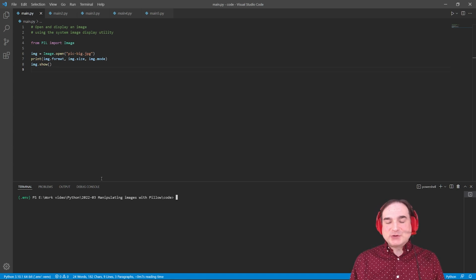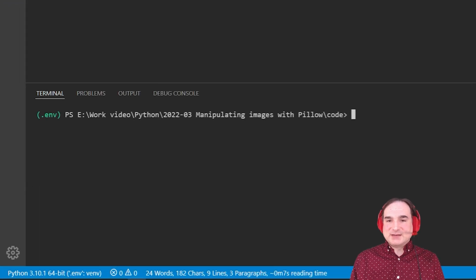With Pillow, you can work with existing images in common formats, or you can create entirely new images programmatically. For the sake of this demo, I'm going to focus on manipulating existing images, since that's a more common scenario and a little bit more straightforward. But in a future installment, I'll show some examples of how to create new images entirely from scratch. So let's start with a simple task. We're going to load an existing image and we're going to display it.